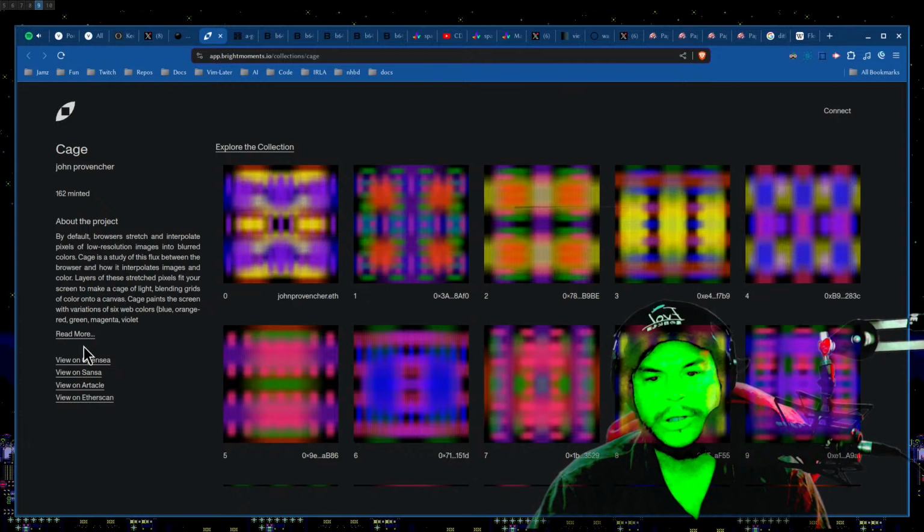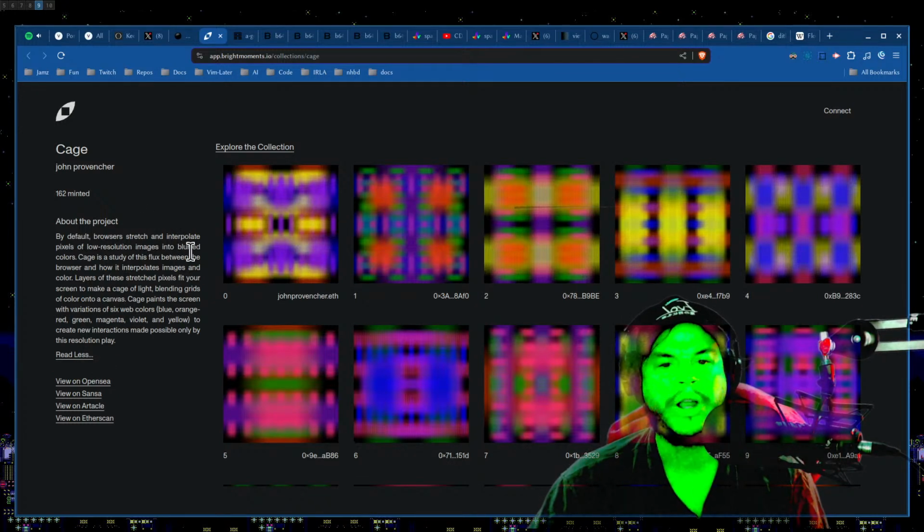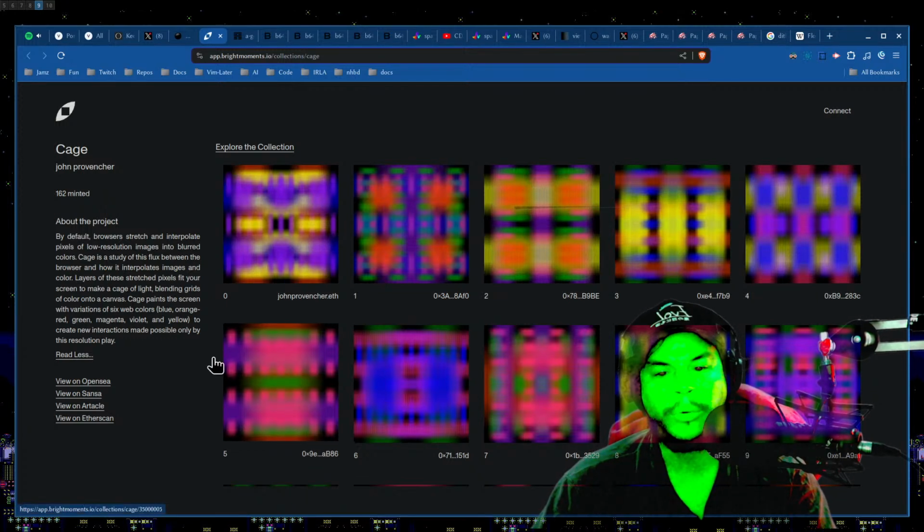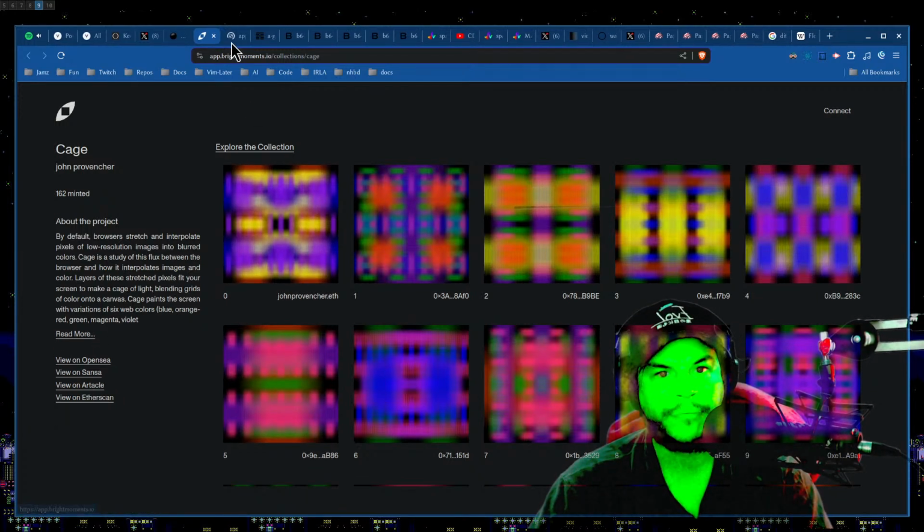East-West Studio. Ooh, nice. By default, browsers stretch and interpolate pixels of low-resolution images into blurred colors. Cage is a study of this flux between the browser and how it interpolates images in color. Layers of these stretched pixels fit your screen to make a cage of light, blending grids of color onto canvas. Cage paints the screen with variations of 6 web colors: blue, orange, red, green, magenta, violet, yellow, to create new interactions made possible only by the resolution's play. So,